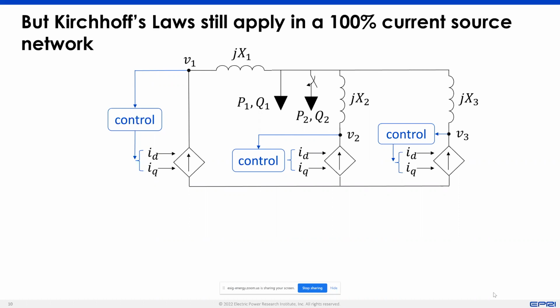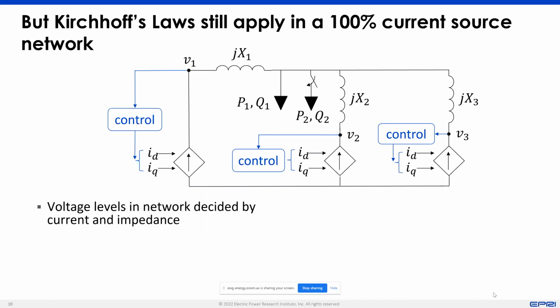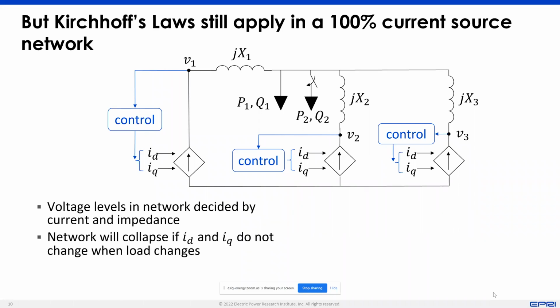It has a valid operating point, and it has a valid mathematical solution that can be attained, provided that these values of these currents can be changed in a timely manner in order to make the system stable. So if you think about what will happen supposing you have a disturbance that occurs in the system, supposing you have a change in load in the network, then if you don't change the amount of current that's being injected, if you keep these values of ID and IQ constant, then yes, you can